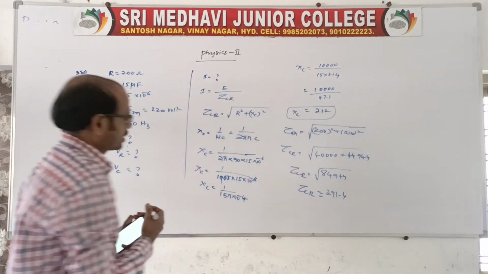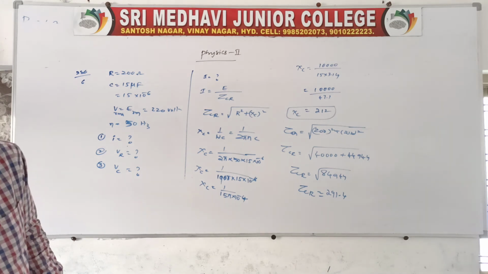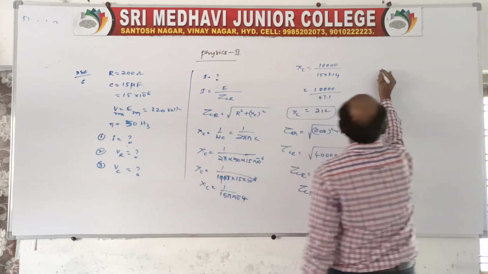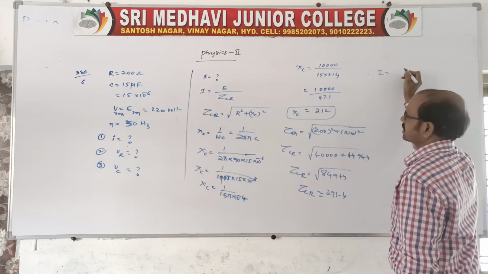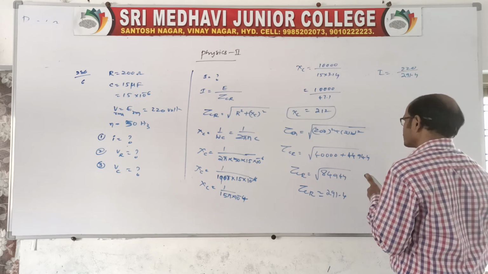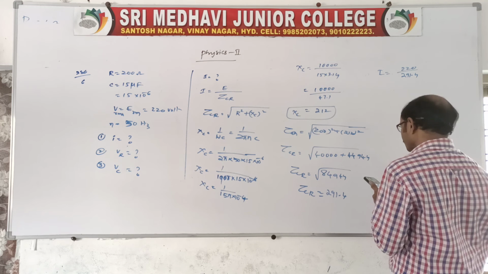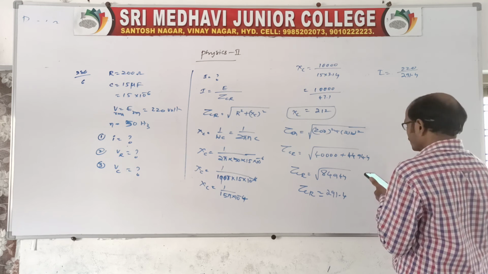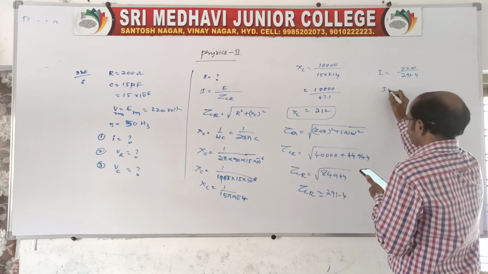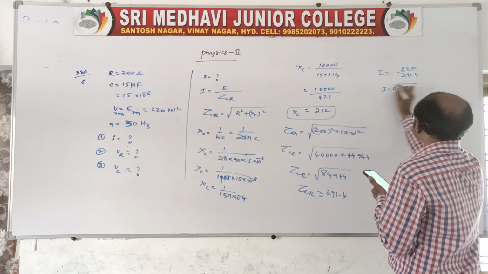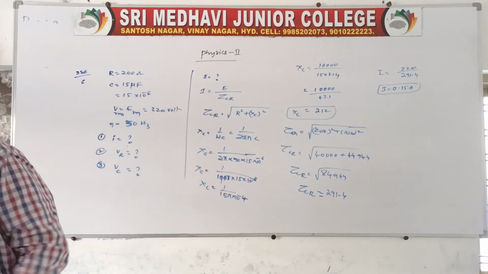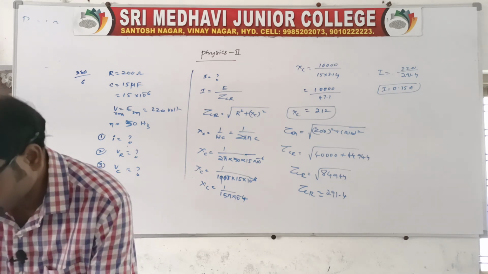Now we know ZCR, 291.4. So now we need to get the current. Then I is equal to E, which is given as 220, by 291.4. Yeah, better you do this calculation. Here it is 220 divided by 291.4. So the current in the circuit is 0.75 ampere. This is over. So now we know the current through the circuit is the same, as it is a series combination, of course.